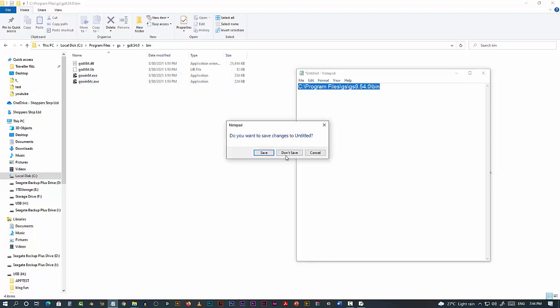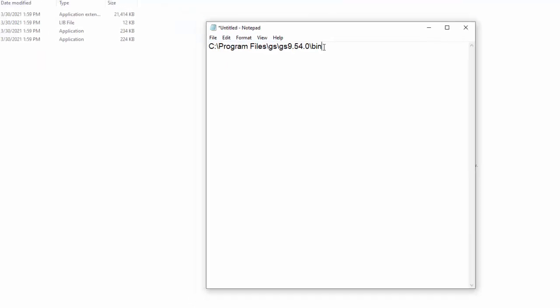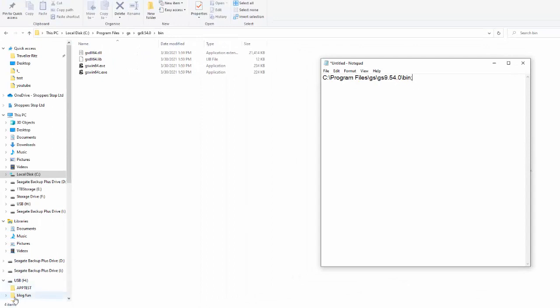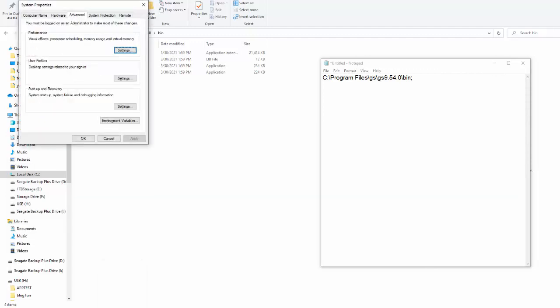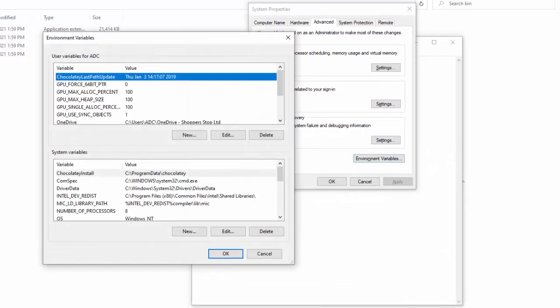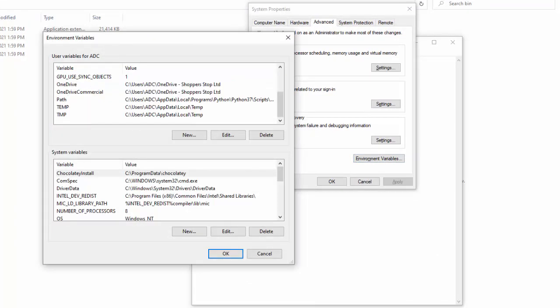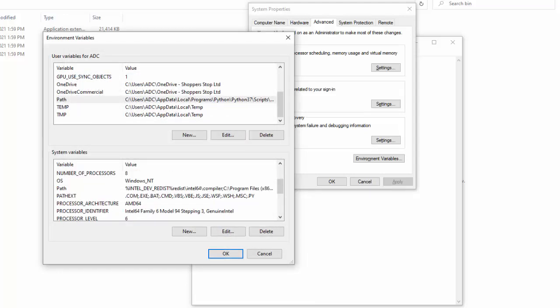To check whether it is running, first we have to copy this into our environment variable. You have to make an environment variable of this. For that, go out here to system properties, click on environment variable, then look for path, edit.